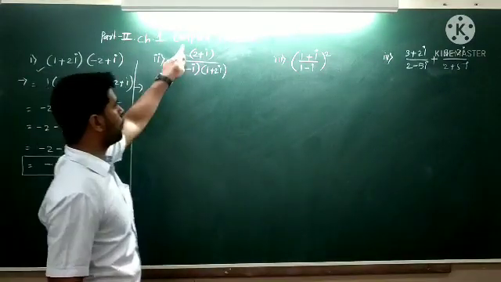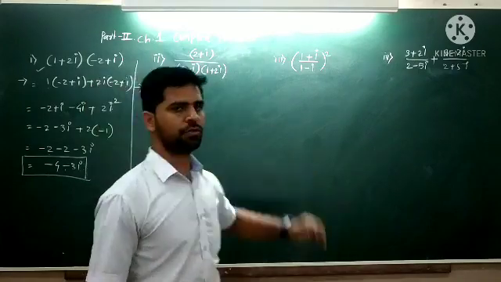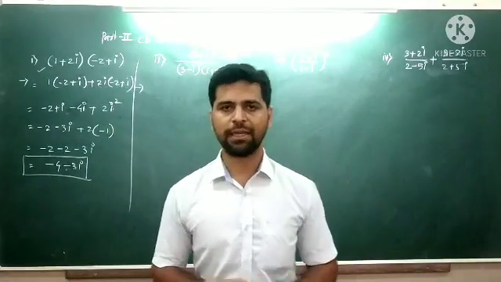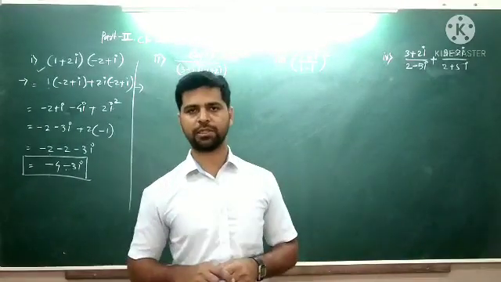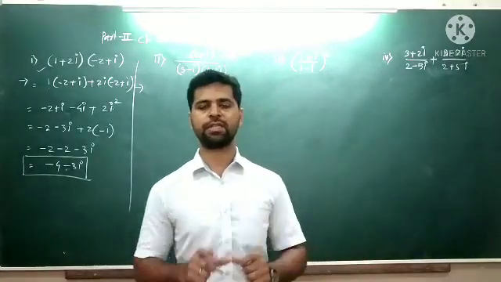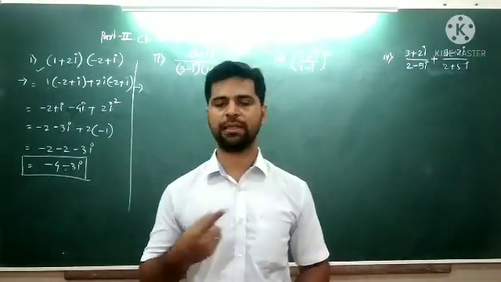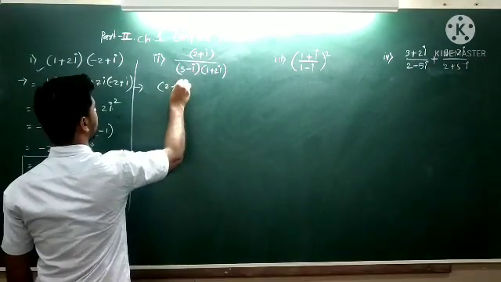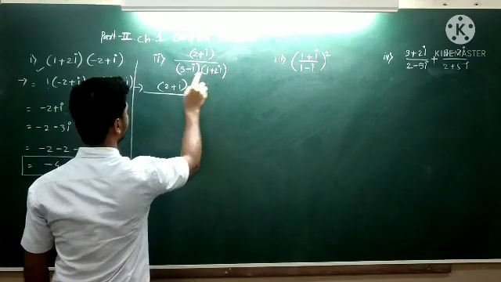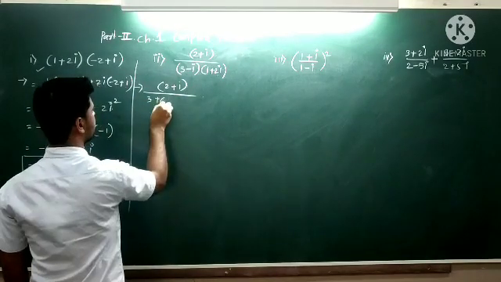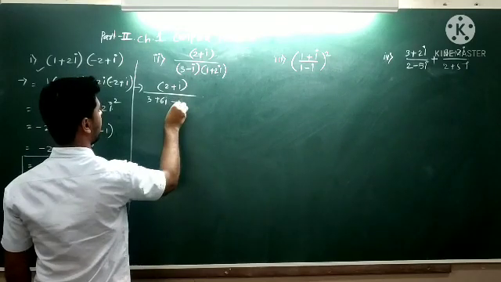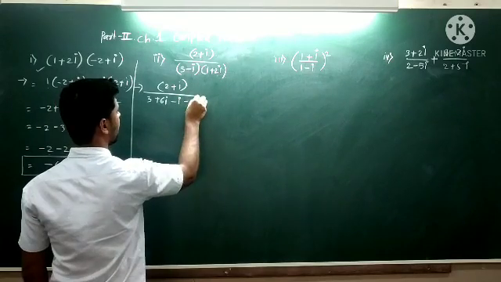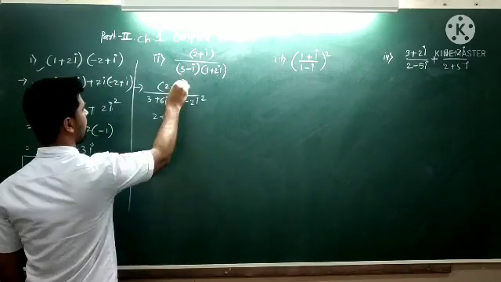What is this? (2 plus i) divided by (3 minus i)(1 plus 2i). There is one complex number in the numerator and two complex numbers in the denominator, but those two in the denominator are in multiplication form. So first we'll simplify those two brackets in the denominator and then we'll simplify the fraction. Write the numerator as 2 plus i divided by, multiplying, 3 into 1, 3 into 2, that is 6i. Minus i into 1, minus i. Then minus i into 2i is minus 2 times i square. Then 2 plus i as it is in the numerator.